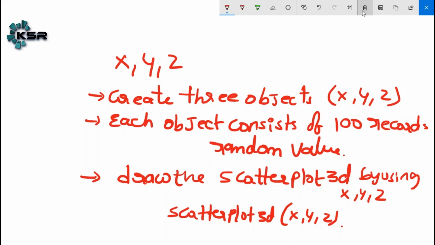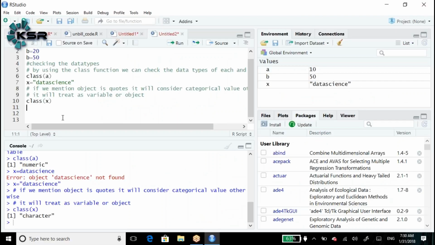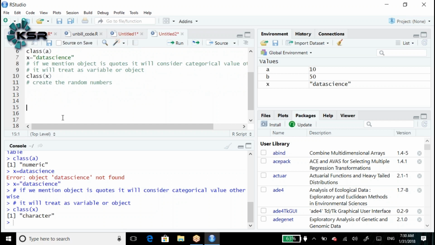How do I generate that? We have one function, rnorm. Rnorm will generate random numbers. R is the random numbers. Rnorm is nothing but random numbers of X. Let me write down X is equal to. How do we write down those values? For example, here, let me write down a comment: create the random numbers. Let me consider X is equal to